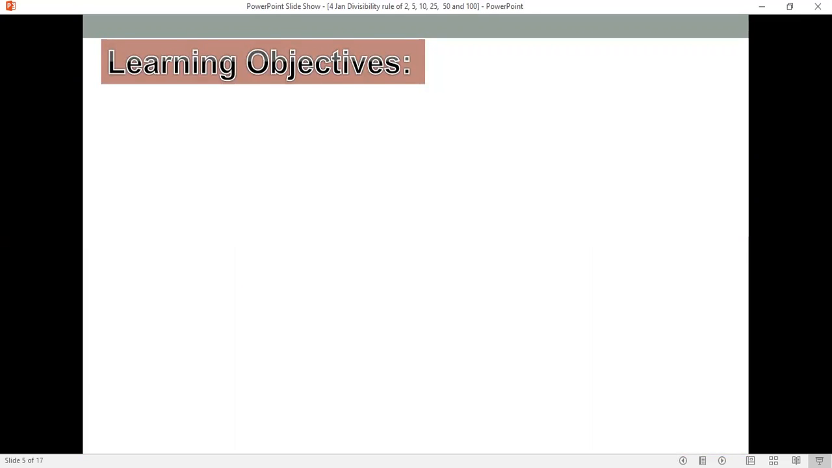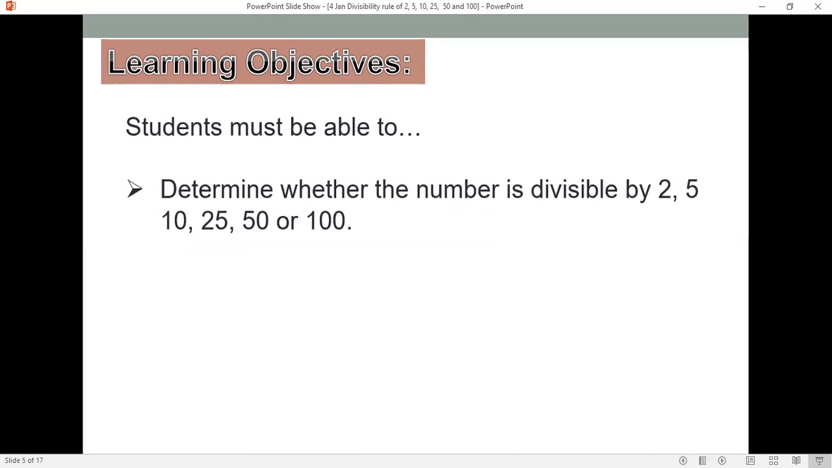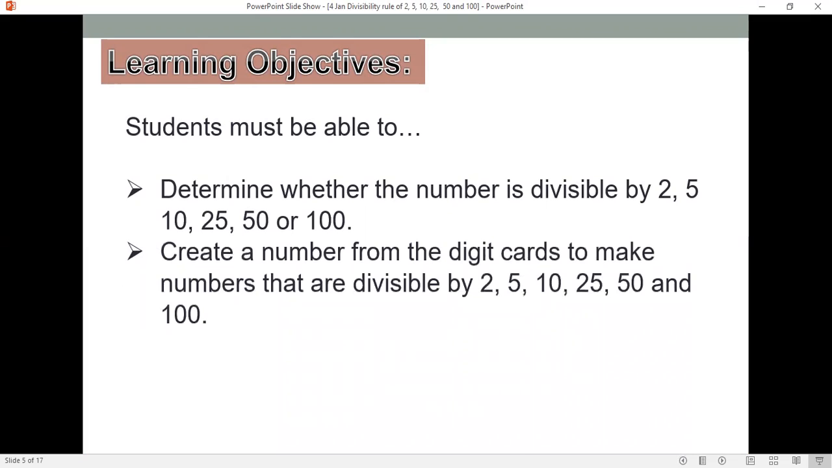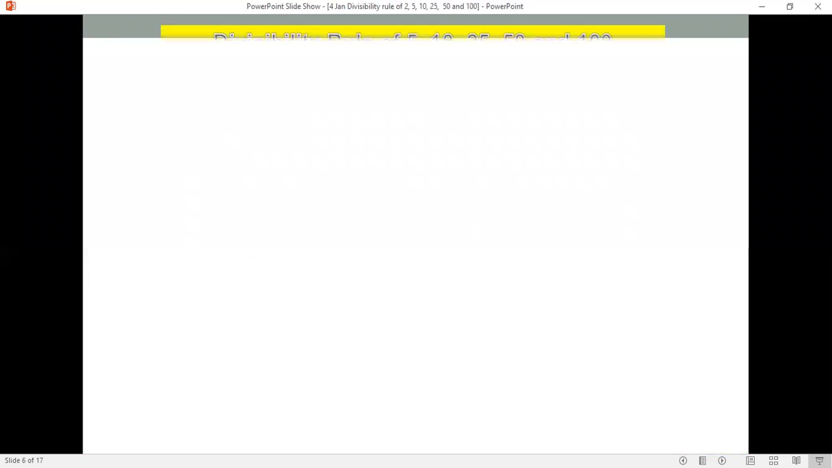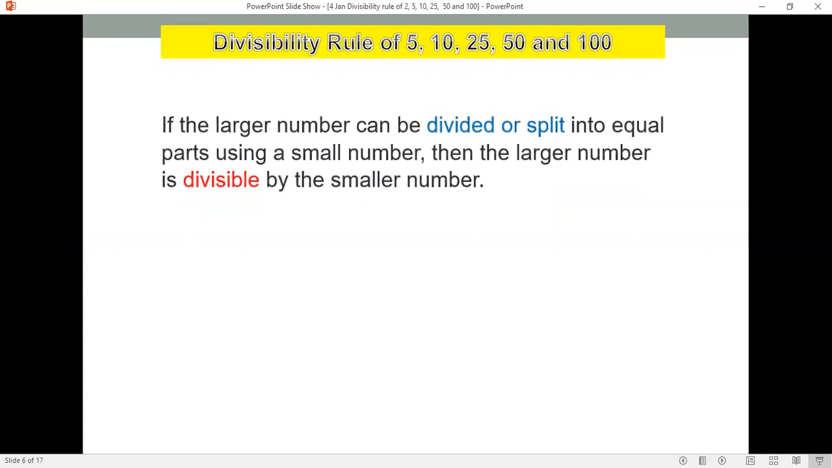Okay, so at the end of this lesson, you should know how to determine whether a number is divisible by 2, 5, 10, 25, 50, or 100. And then later on, you can also create numbers from the digit cards that are divisible by 2, 5, 10, 25, 50, and 100. Also, you can solve problems. Now, let's start with